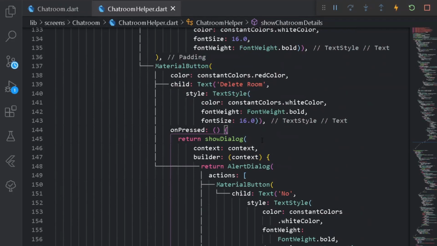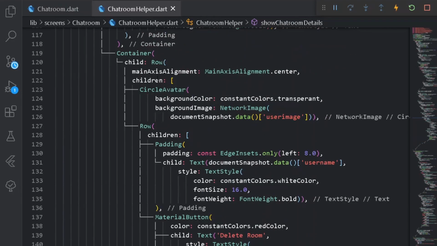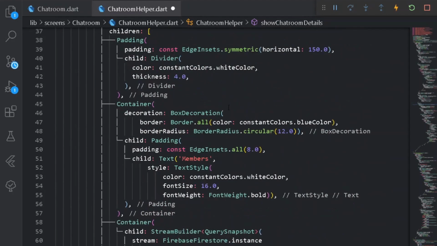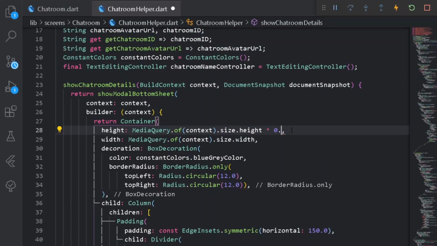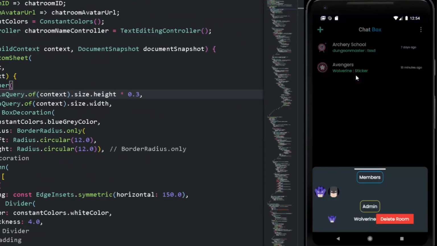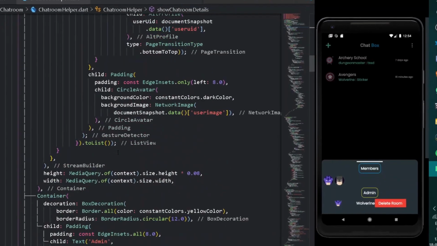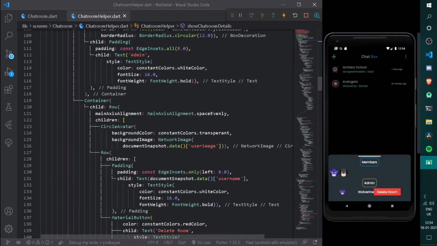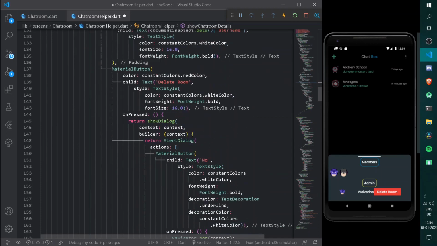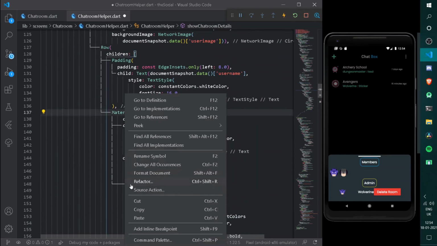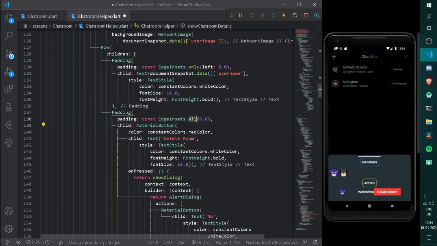But first of all I can simply do one thing, go up, and here under this row let's have mainAxisAlignment spaceEvenly, easy thing. So let's go at the top where we had our child and let's make it of 3. Let's long press over it, easy. If we are getting a wrong thing, no worries, we can simply go down. And here let's have center as well. But here I can simply do one thing, at my material button have somewhat padding from only for left, and under left let's have 16.